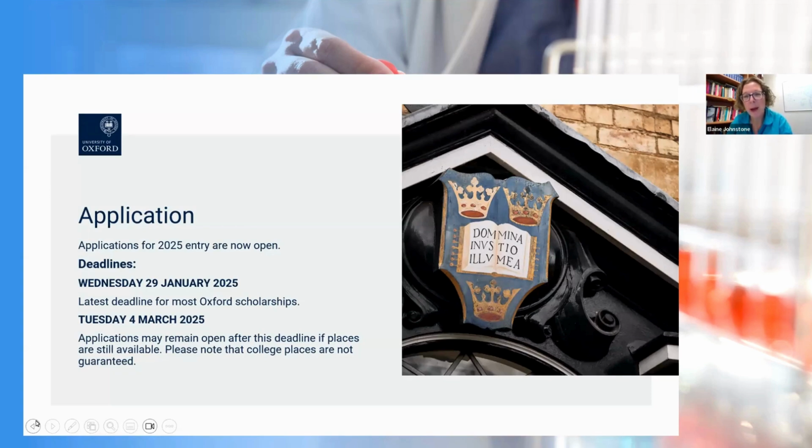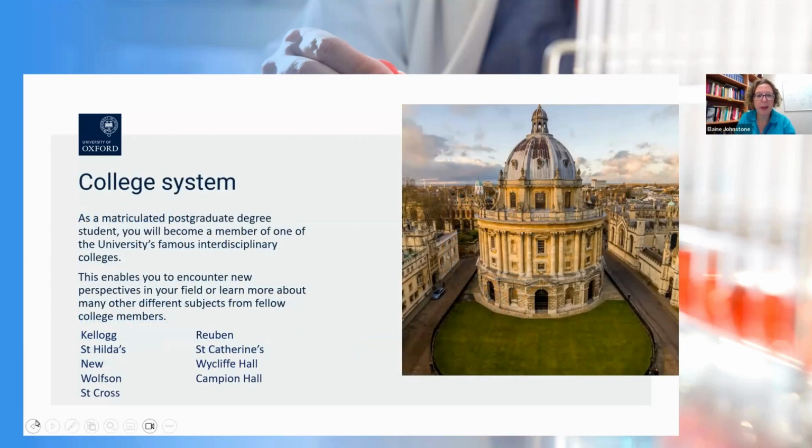Now that's handled by us, but college places are fairly hard to get the later you apply in the cycle. So I would encourage early application where possible. As I mentioned, you will become a member of one of the famous interdisciplinary colleges, and there you will meet many diverse individuals who are studying many diverse courses, and that's one of the real strengths of the collegiate system, that you get to meet and socialize over dinner with many people who are advancing their learning in different